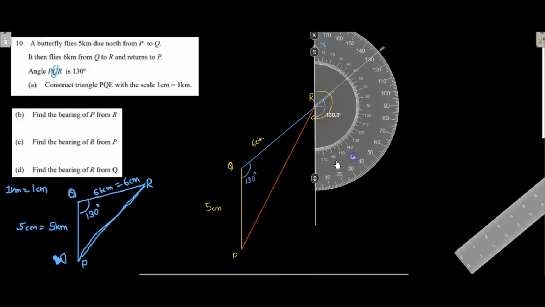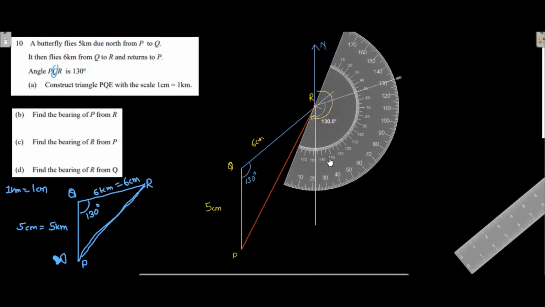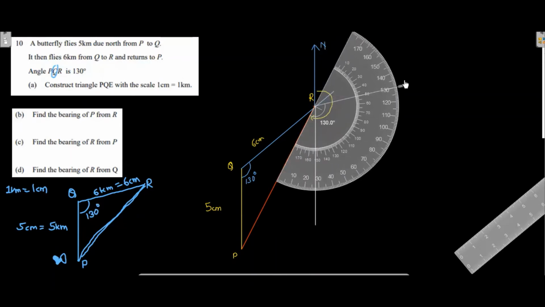So let me move this further and check what the small angle is. If you see the small angle, it is starting from here: 0, 10, 15, 20, 25, 26, 27. So it is giving 27 something. This is more accurate, giving me 27.36. You cannot get such an accurate angle in your protractor. You will get around 26 or 27, and there will sometimes be an error of 1 degree. So do your construction properly in your book and check what angle you get. I am getting 27 degree.